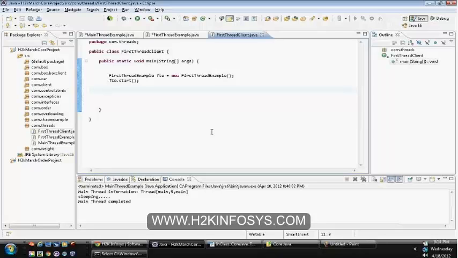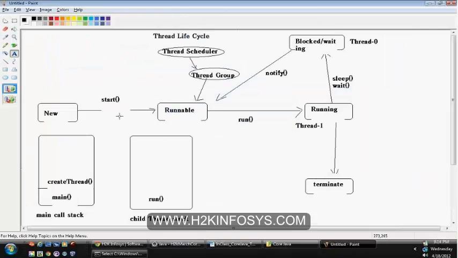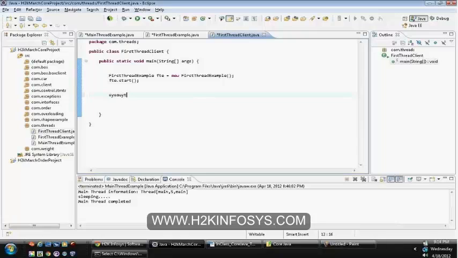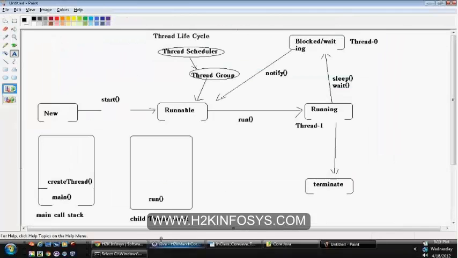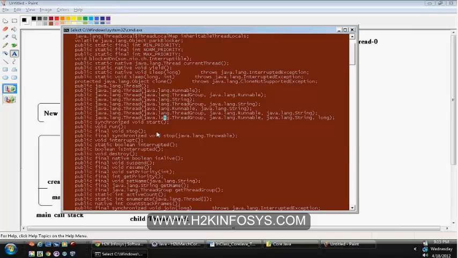When I call start method, see currently what is the life cycle? I need to start the thread. That's it. We'll discuss why we are not supposed to call the run method. When we call the start method, the start method code performs 2 or 3 steps. The first one is it will add